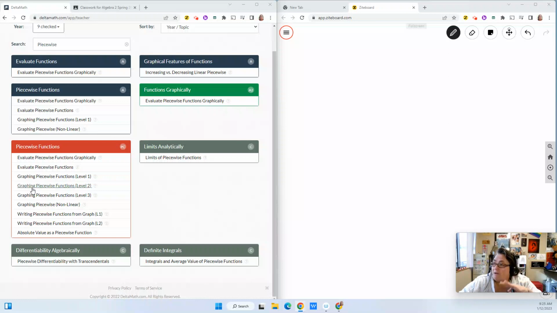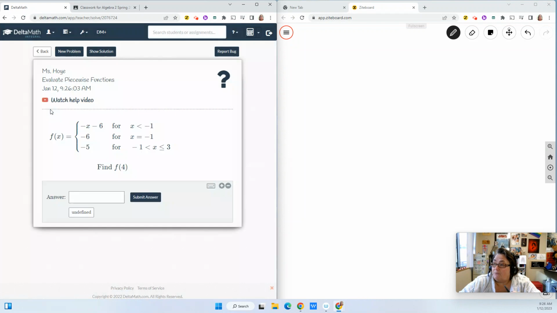So I will do a couple of the evaluate piecewise function problems, but that doesn't seem to be the area where you guys were struggling. It had more to do with the graphing of the piecewise functions. But I want to do a couple of the evaluate ones just for the sake of knowing when to use that undefined button, right? So when we're evaluating,